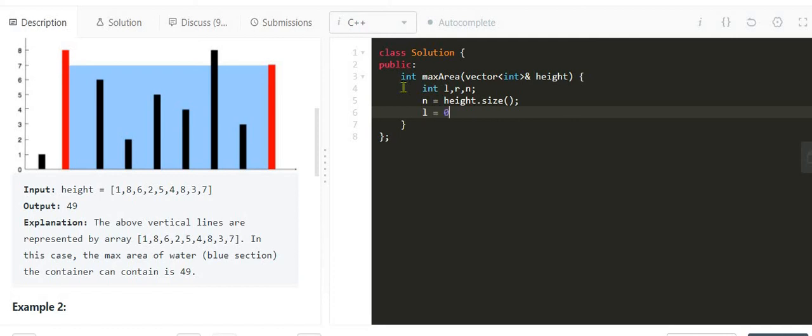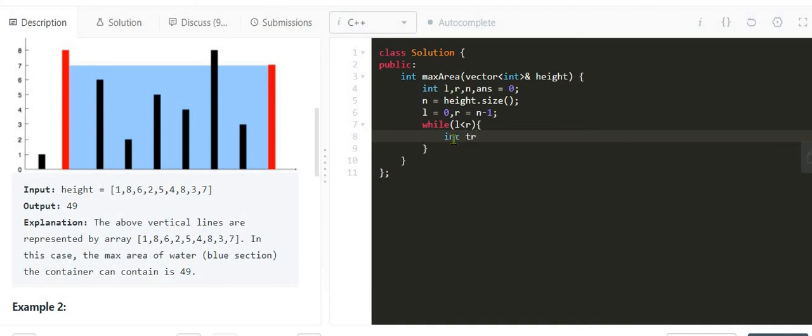Left is equal to 0 and right is equal to n minus 1, and we will keep checking the areas until left is less than right, and we have to take an answer variable which is initialized to 0.